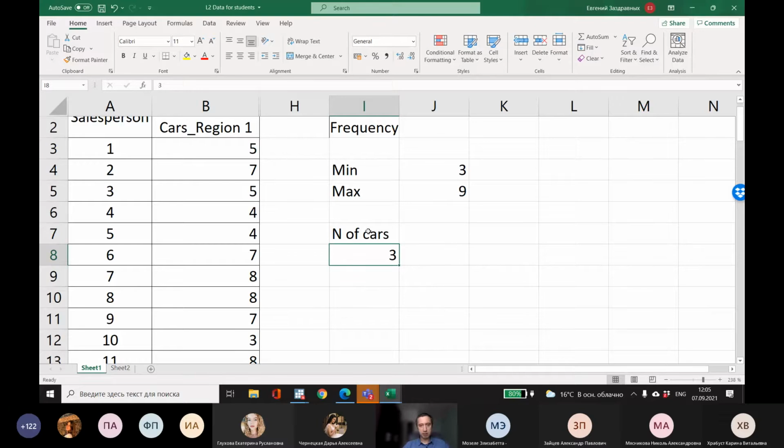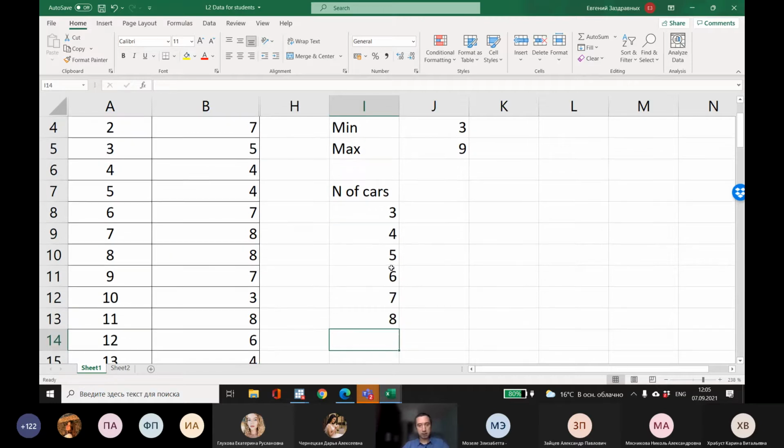Next you have to make a table. The first variable is the number of cars sold. 3 is your minimum value, then 4, 5, 6, 7, 9. It means that you want to count how many salespersons sold 3 cars, how many sold 4 cars, how many sold 5 cars, and so on. By the way, if you want, you can use more numbers, 10 or 2, 1, 0, but it doesn't make sense